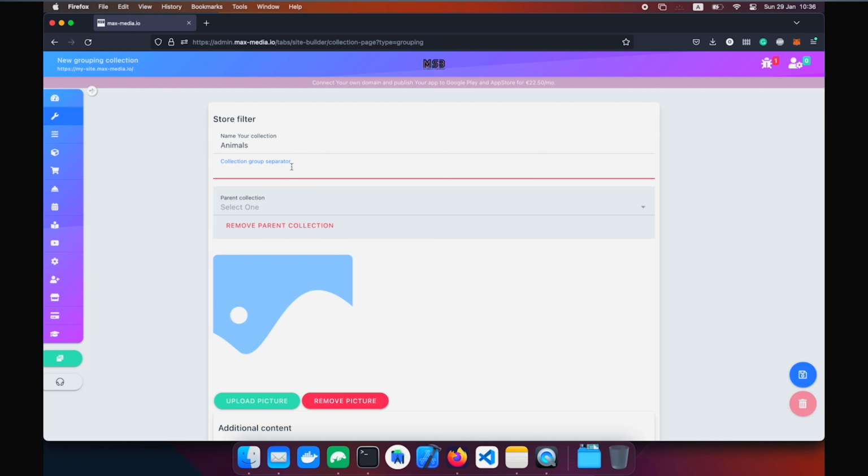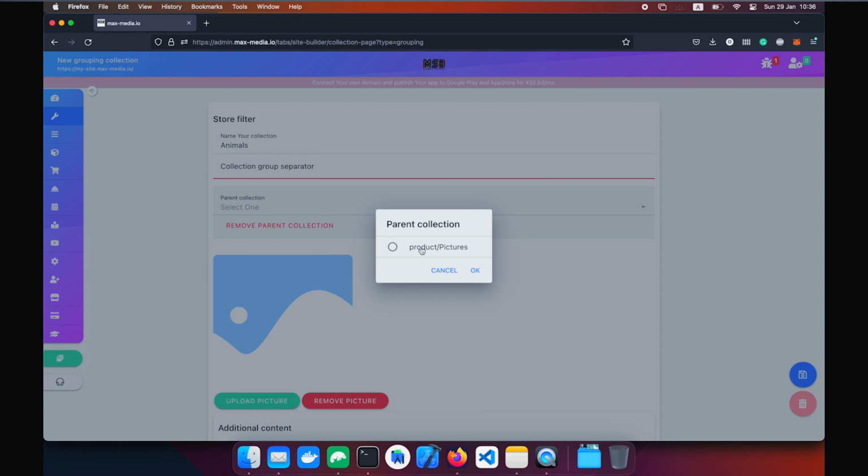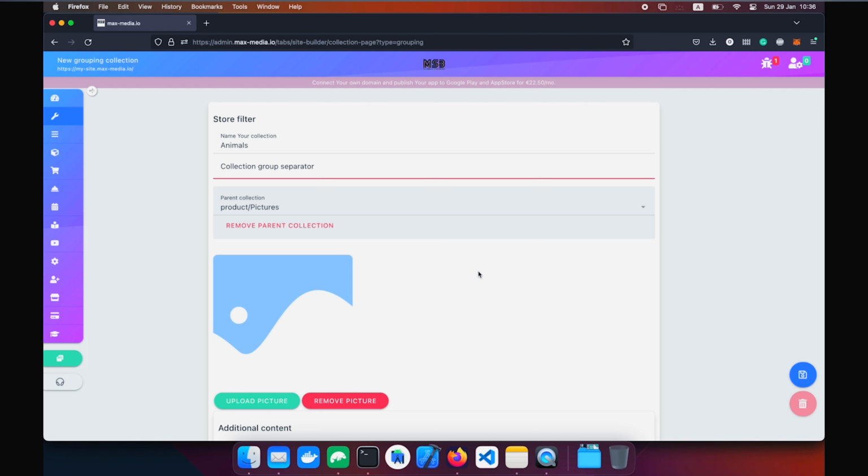We can add a group separator, which is really useful when we have more filters, and we can choose a parent collection, which is not required, but if you need this filter to belong to some collection, it is very useful. So click on save,